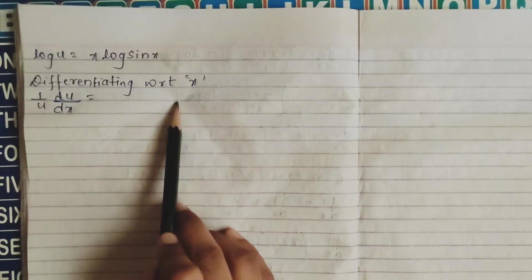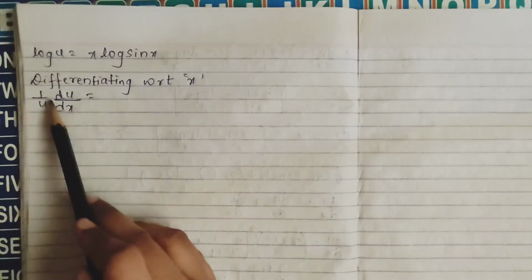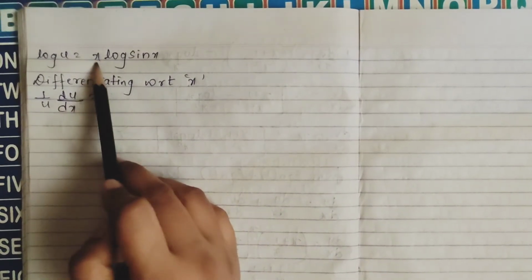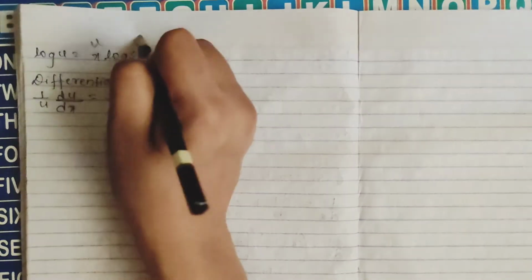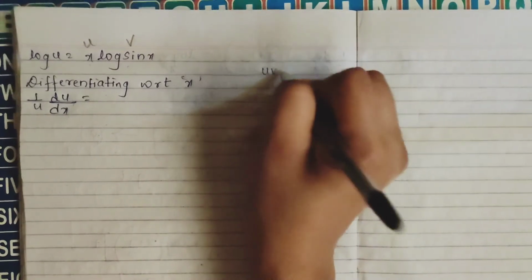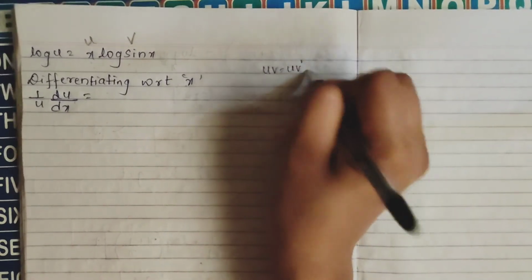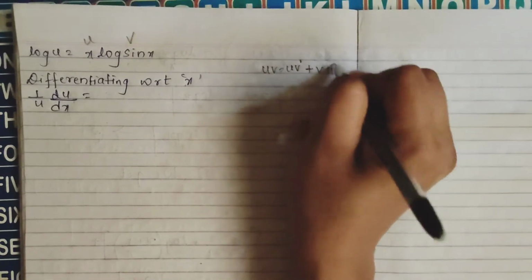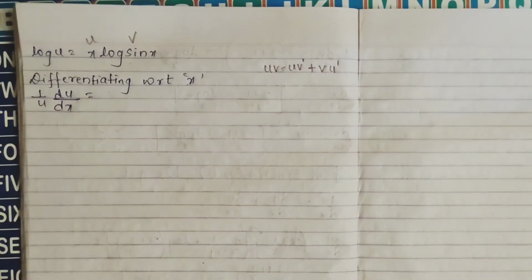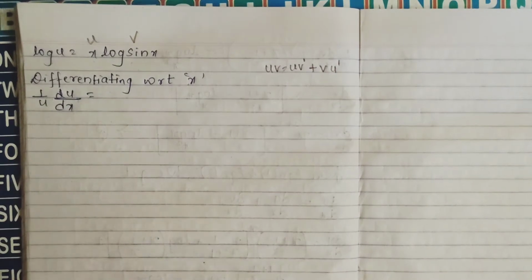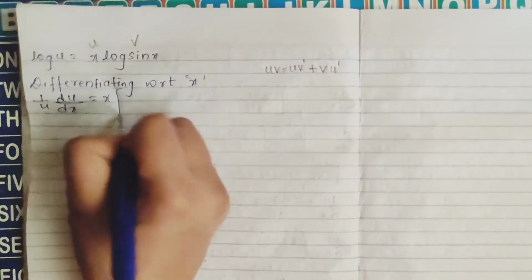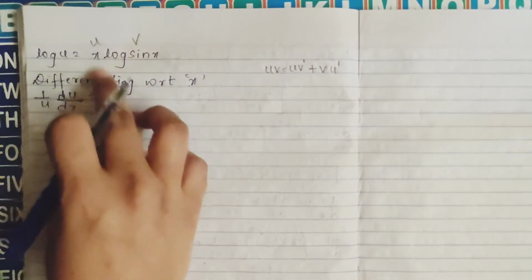Now what we do? Differentiating with respect to x. Differentiation of log u will be 1 by u du by dx. Differentiating with respect to x, so this will come only. Here you have x into log sin x, so you have again here u into v. Again product rule you have to apply of u into v. Product rule is what? Keeping your u first as it is, differentiating your v, keeping your v as it is, differentiating your u. So in the same way I am going, directly I am going. I am not writing du by dx and all like in the previous example, because till now you know how to do. So keeping my x as it is, differentiating log of sin x.